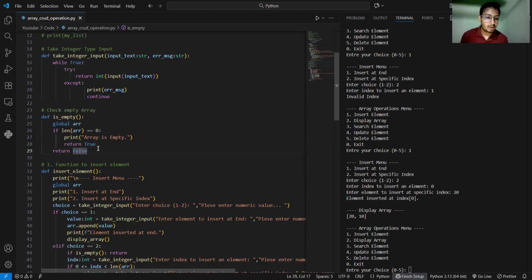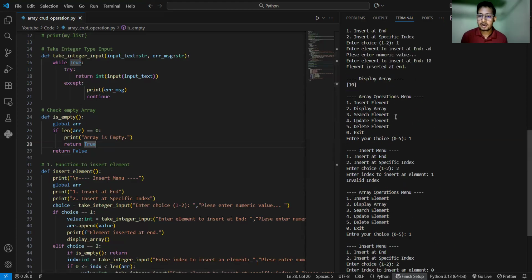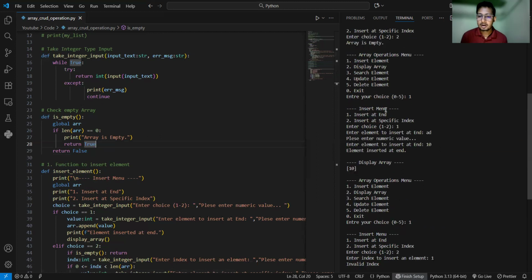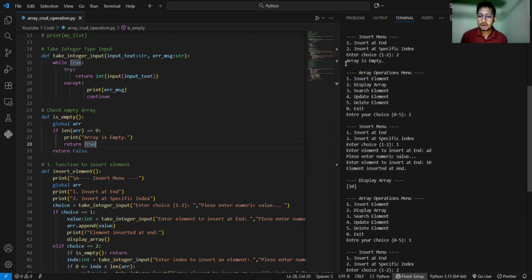Here you can see, if length equals 0, then it will print a message to the user: array is empty. Previously you already saw this. When there is no value inside this array, the array is empty message